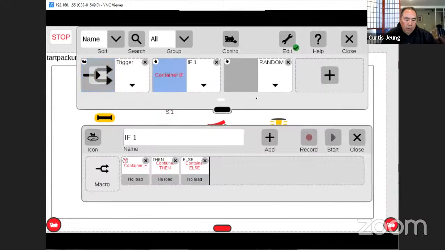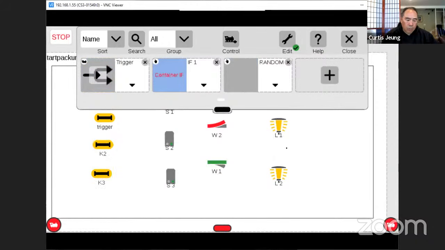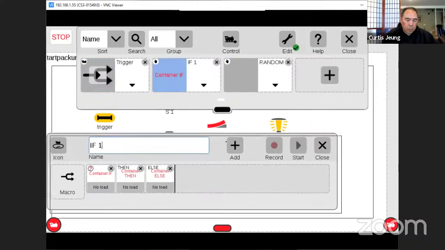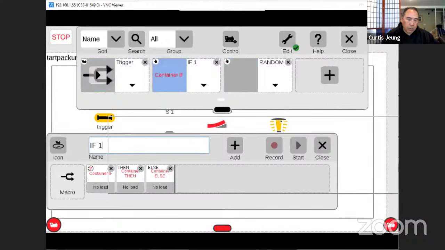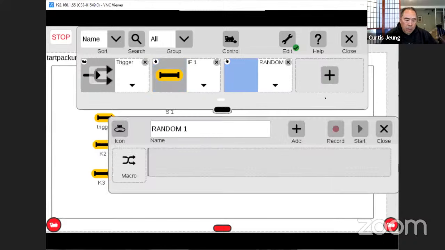And we'll go to the if macro and we'll evaluate. Sorry, guys, I'm trying to roll windows around and it's still kind of kludgy. We're going to actually use an if container contact 2. So basically, if contact 2 is showing occupancy, then we can use one of these features. I can go ahead and drag the random in here right now. And then we'll go into the random macro. I don't really need the else because we're just looking at how it works. So we'll close this. I'll open up my random